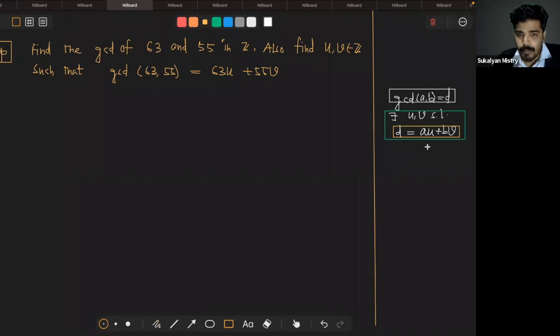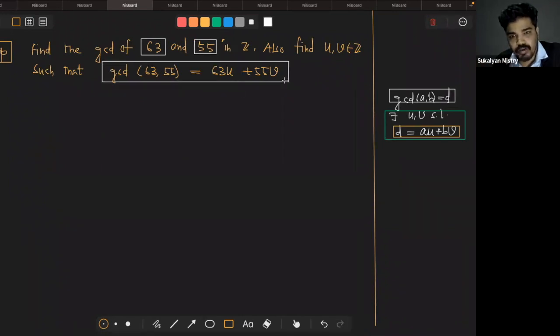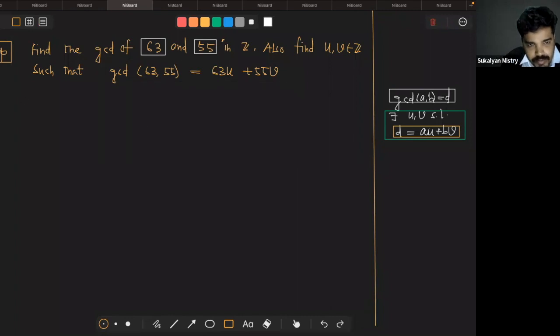Okay, so আমরা first of all 63 and 55 এদের GCD বের করব with the help of division algorithm. Next we have to find the values of u and v which satisfy this relation. Okay, so by division algorithm we have,